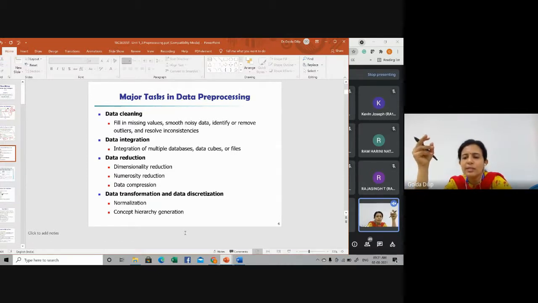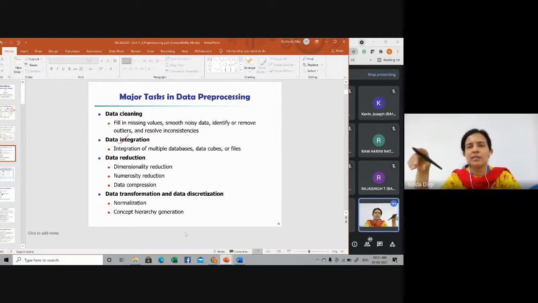Next is data integration. I just told you, multiple data sources may be combined. Data sources may be coming from different places, heterogeneous data sources. In fact, I had shown a diagram of how the data is coming to your data warehouse from heterogeneous data sources, from OLTP systems, online transaction processing systems.